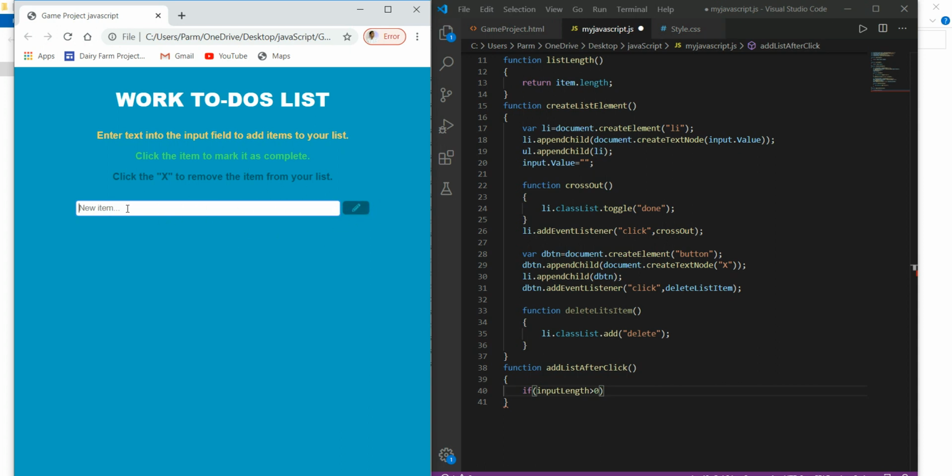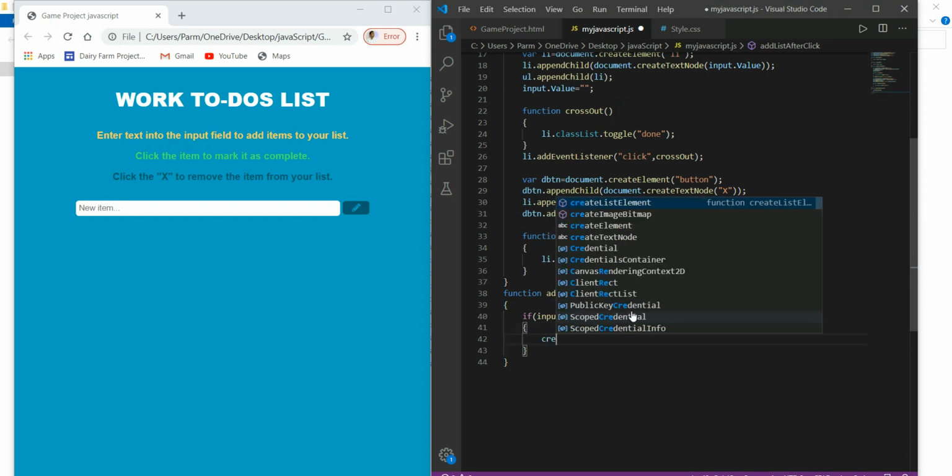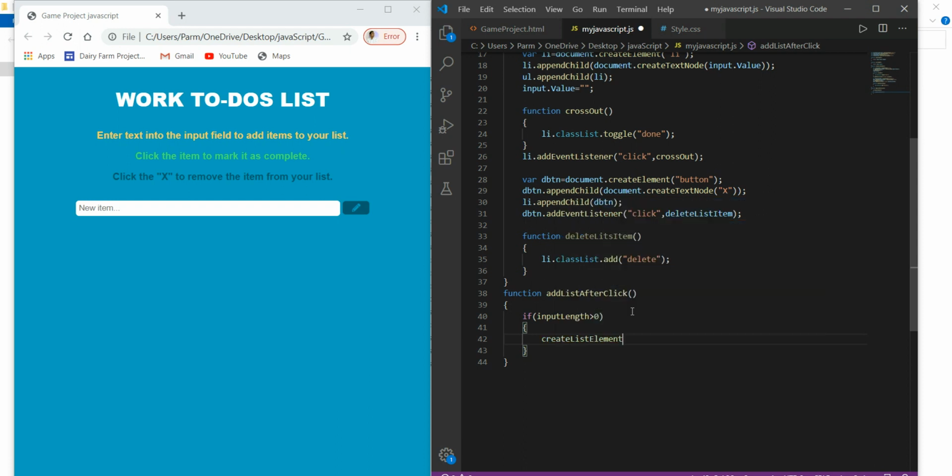If we have entered nothing, it will not add anything to the list. That's the reason we are using this statement here. So here we are calling the create list element function that we have created.